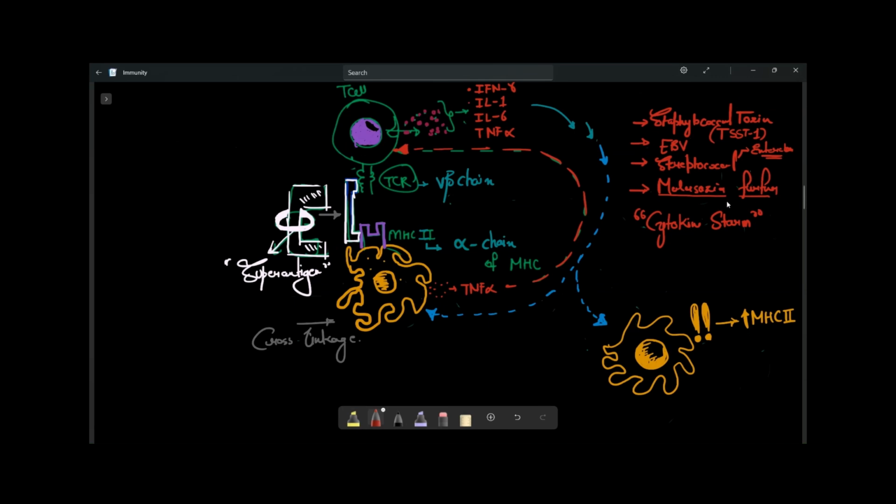So the summary is that a superantigen is a bridging molecule which approximates the TCR and MHC second, and they co-activate both of the cells, the T cell along with the antigen presenting cell. The activation leads to the release of cytokines. These cytokines further activate all the other macrophages. The cytokines which are being released from the macrophages in response are going to activate the T cell. So this is how the whole cycle works and functions, and this is all about superantigen. Basic information.